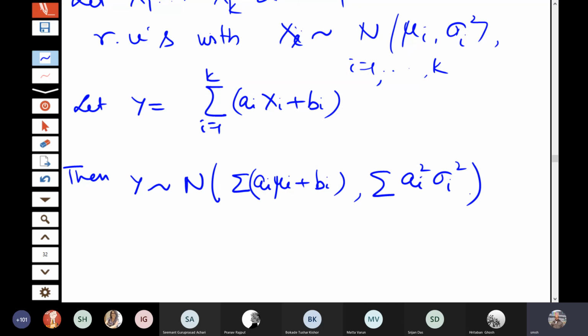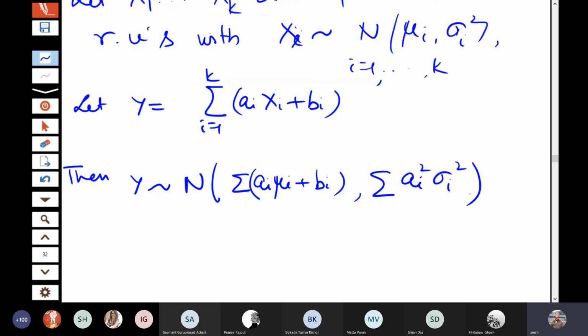For other distributions, it is only additive property, and that too in one parameter. But in normal distribution, it is more flexible. First of all, both the parameters can vary, and second, in place of addition, we can have any linear combination also. Like I can consider 2x1 plus 3x3, 3x2 minus 4x5, and so on. So all those things can also work out.